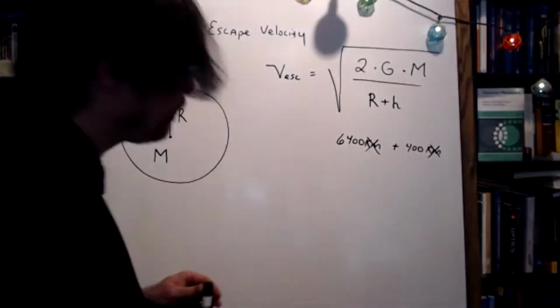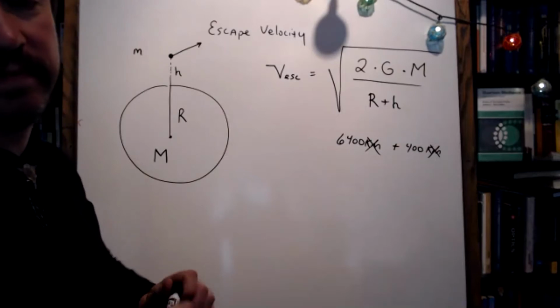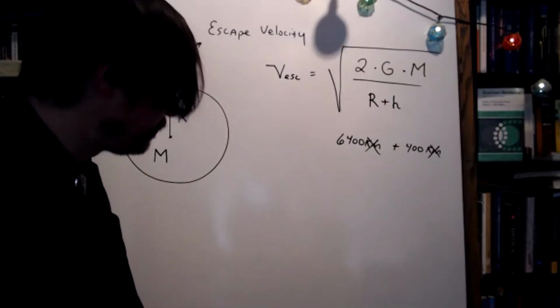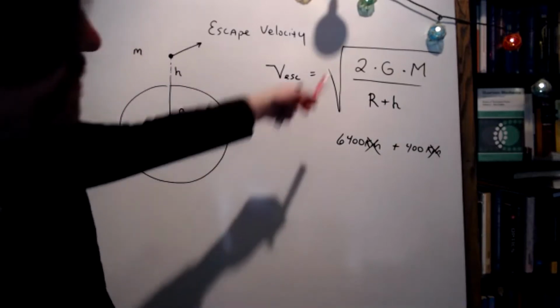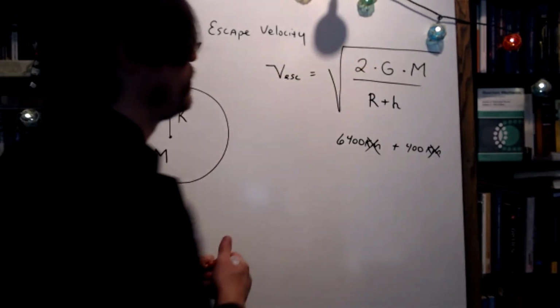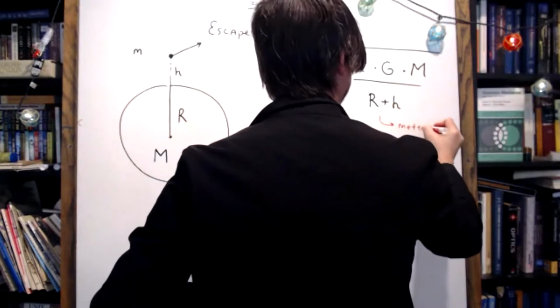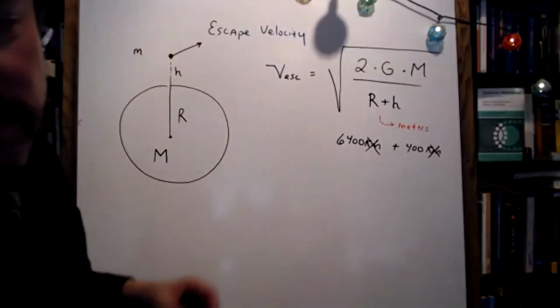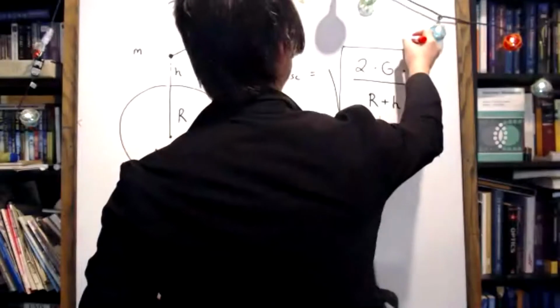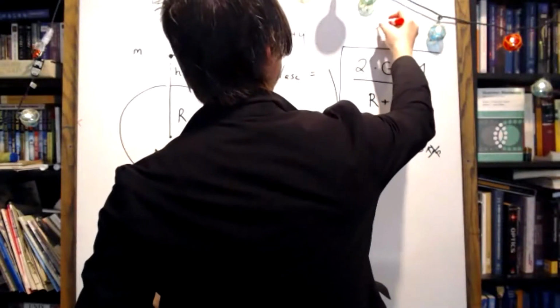Do you guys remember the units for this formula? Meters. Yeah, it's an MKS formula because you've got big G. So this has to be in meters. This will be important for your test because you're going to have to do this for your test. And this will be in kilograms.